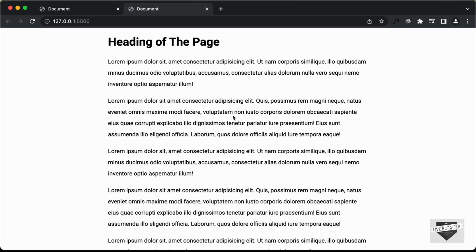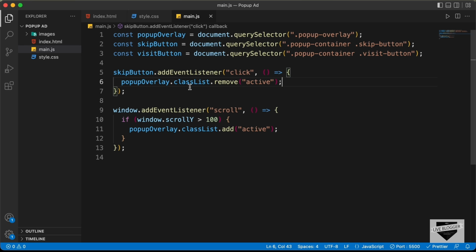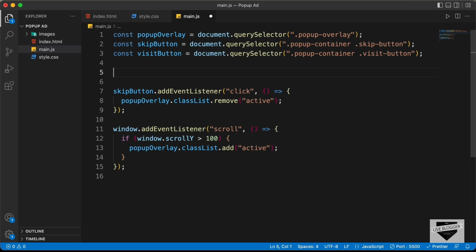Now we need to add some more functionality over here. We need to add the timer of the skip button, and we also need to store a cookie inside the browser so that this ad will not be displayed every time the user comes to this page. So let's go back and we will add this code inside a function because we have multiple things to do. So let's go ahead and create a function to display the ad. We'll create a function called showAd,